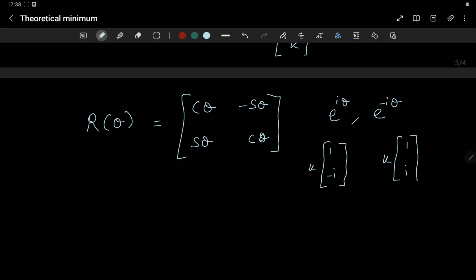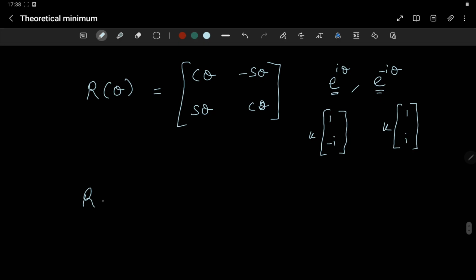Okay, fine. So in that case k into i or k into minus i kind of represents a rotation. With some axis it is getting rotated, maybe something like that. So for a theta rotation you will get e to the power i theta and e to the power minus i theta. So in that case, for a 90-degree rotation, from this answer what you can say